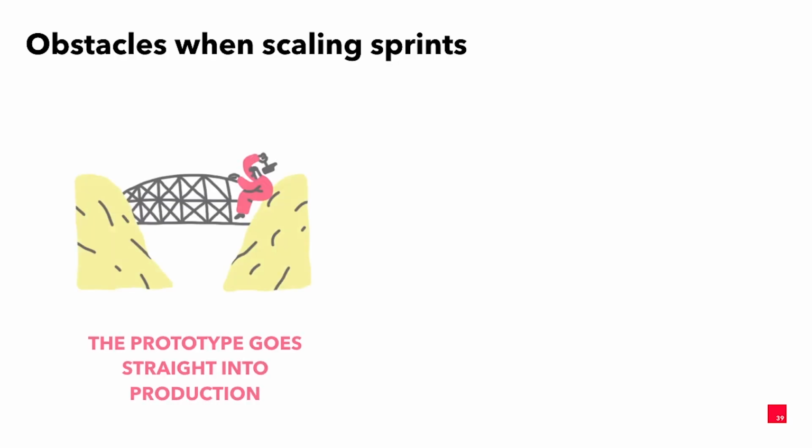The first one is that prototypes go straight into production. Why is this a problem? After a sprint, the solution that you built will still have a lot of unknowns, a lot of assumptions that need to be tested. If you don't test them, it means that you're accepting them as risks, and as such, you're kind of betting that you're right. This is particularly problematic if you do sprints at scale, because these risks compound with each other, and all of a sudden you might have projects failing very far down the road,